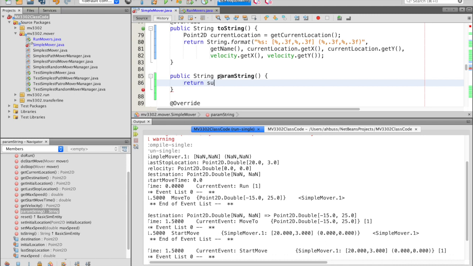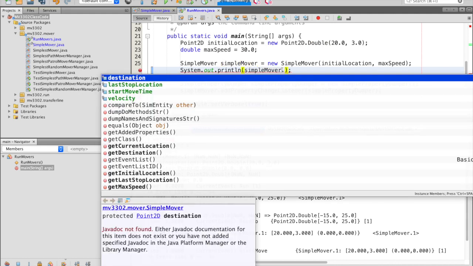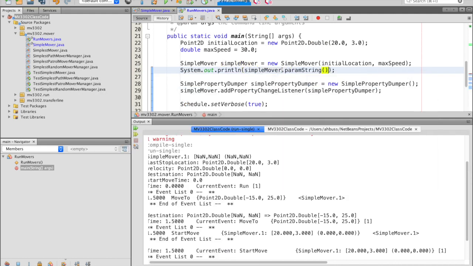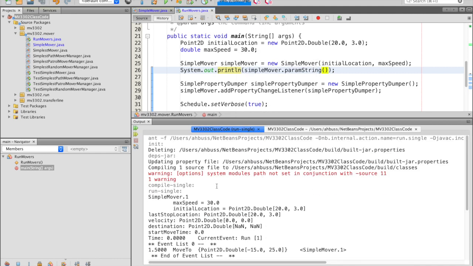And that simply returns the superclass toString. So now when I'm printing this, instead of printing just the simple mover, I print the param string. I run that, and now see, now I get my stuff here, and then